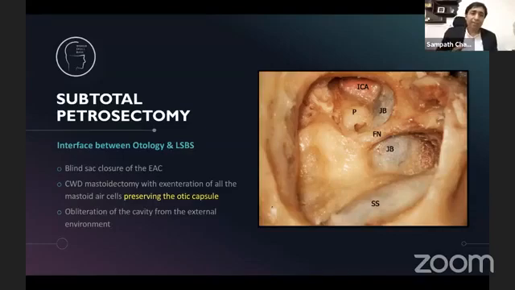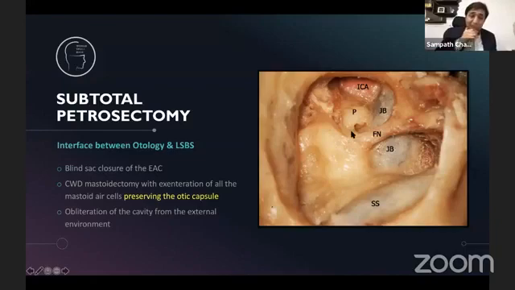And the name might sound a little confusing. Petrosectomy may not sound or look equal to a radical mastoidectomy, but the reason why we call it a subtotal petrosectomy is because we stop at the petrous bone, the otic capsule, and all these structures that you see in this picture, the jugular bulb, the promontory, the ICA. All these are a part of the petrous part of the temporal bone. Since it's not a total petrosectomy, which obviously means going all the way up to the petrous apex, and since the petrous bone is intact, we call it a subtotal petrosectomy. And this can be pushed further depending on the indications and the pathology.